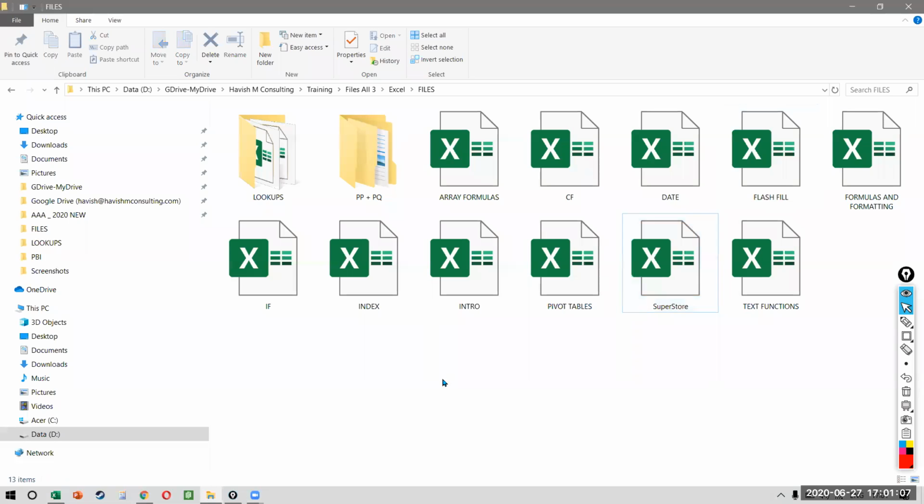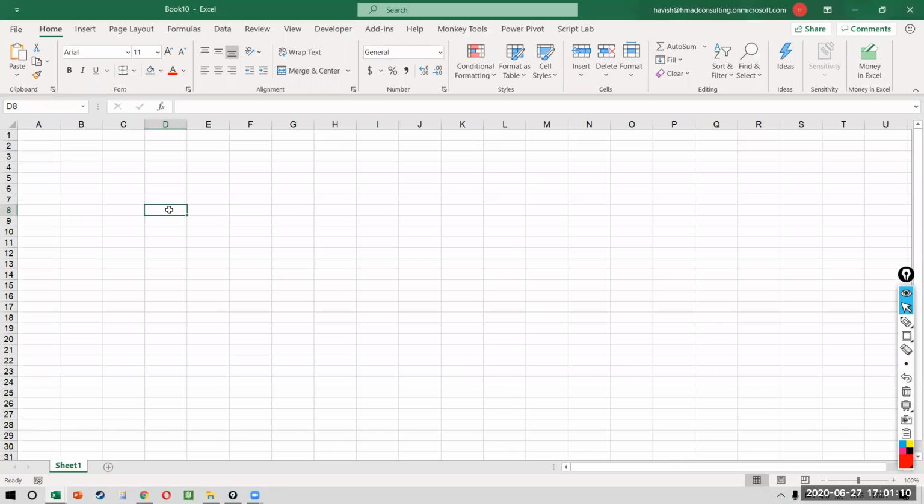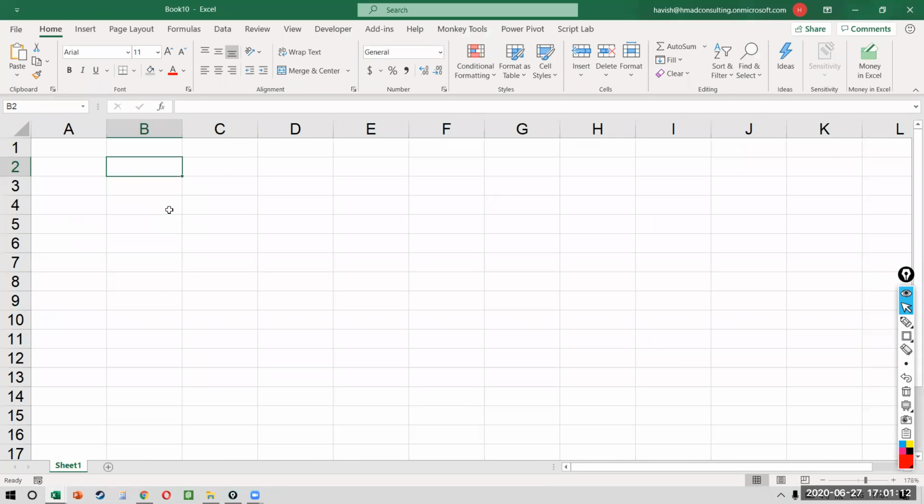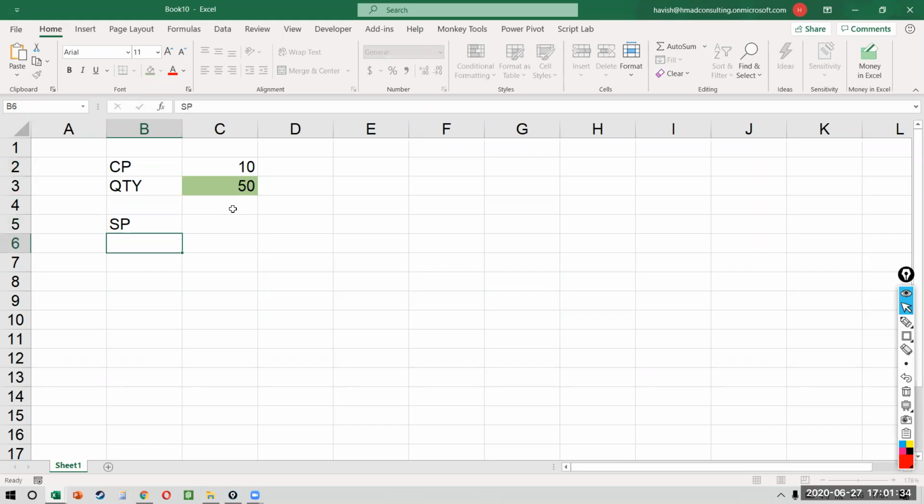Vivek, GoalSeek is, I mean, I'll show it. I don't want to say no to you, but GoalSeek is the most ridiculous thing. Anyway, so let's say you have your price per unit, which is 10. You have the quantity, which is 50. And then this is something that you want to change. You want to find out what is the quantity you should be selling. So this is my cost price, and my fixed price is 1000. Okay, and my selling price is 15.